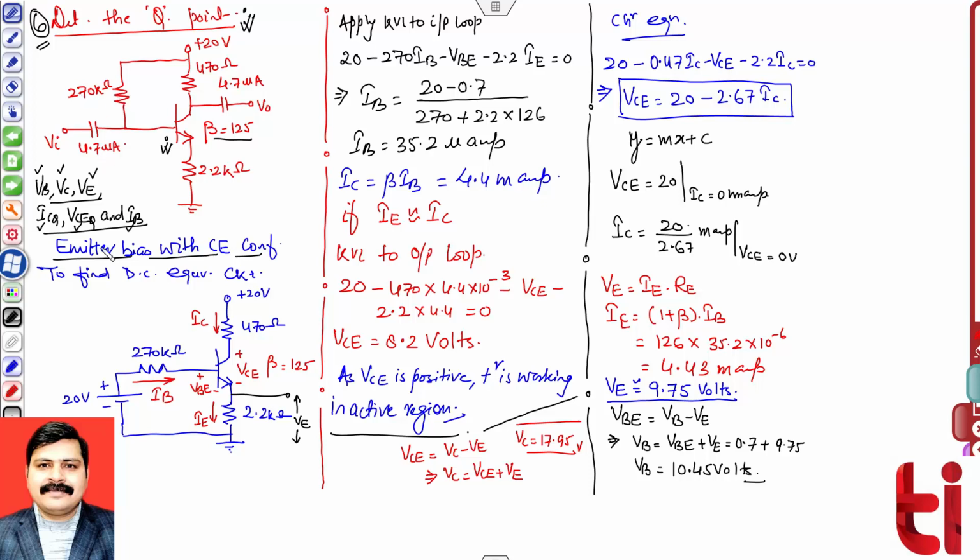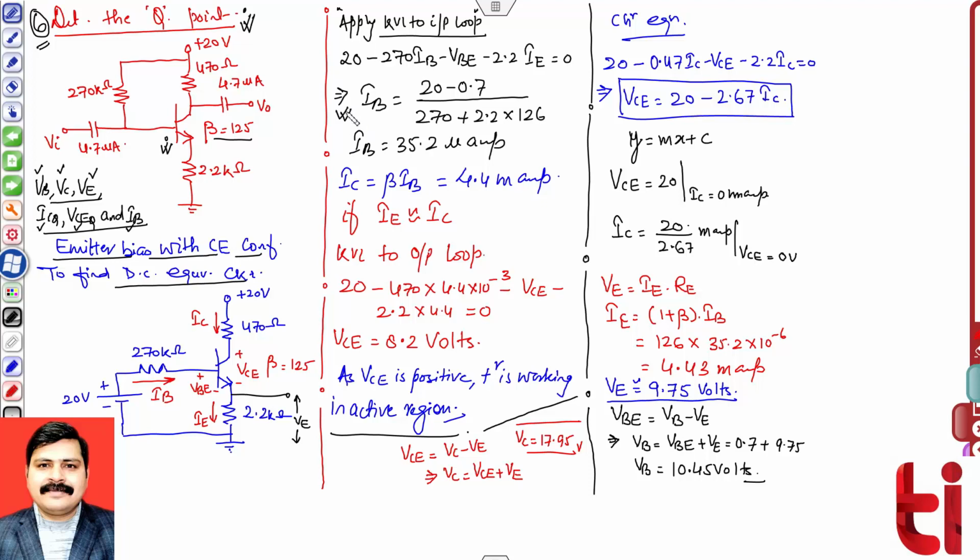Okay, so my first step is to find the DC equivalent circuit of my given problem. Replace all capacitors by open circuit. This is my DC equivalent circuit, and now you can check by applying KVL to my input loop. Here I have applied KVL to my input loop, and from this I have easily